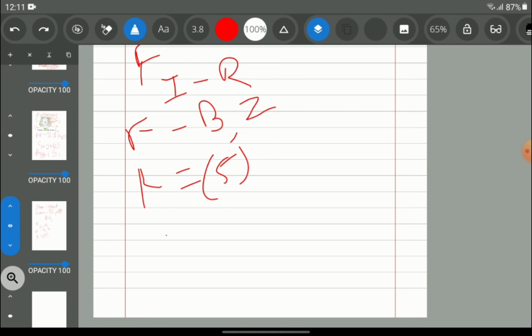Then comes the corolla. There are 5. Okay, 5 is written as 1 plus 2 plus 2 in the bracket. That means there are 5, 1 in the external circle, the outermost circle, the 2 in the next circle, and the other 2 in the innermost circle, and they are fused. Okay, so this is about the calyx and the corolla. Then the androecium is in the form of 9 plus 1, where 9 are fused. This is about the androecium. Then the gynoecium is superior and it's only one in number. So this is about the family Fabaceae.